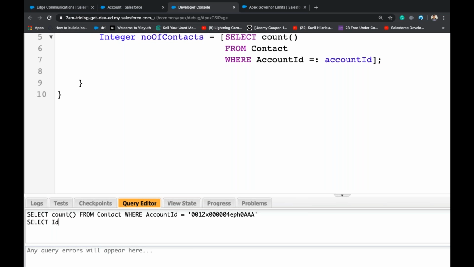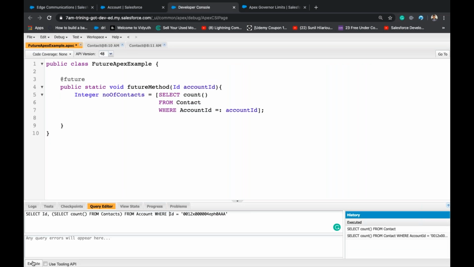Select ID, comma, a subquery, if you remember contacts, again I'll paste this here from account where account ID is equal to, so it's not account ID, right? Where ID is equal to, so let's execute this.